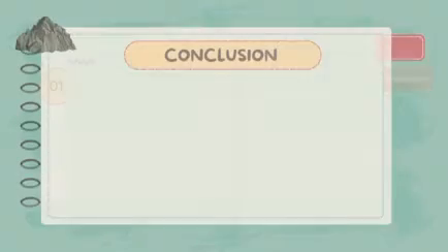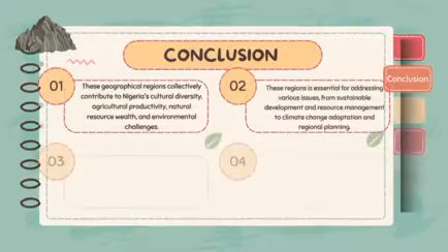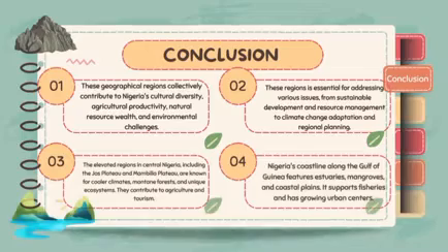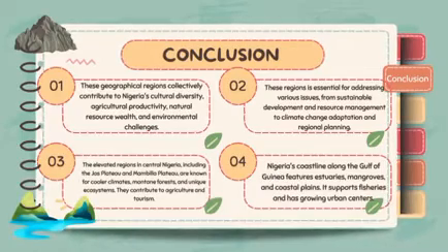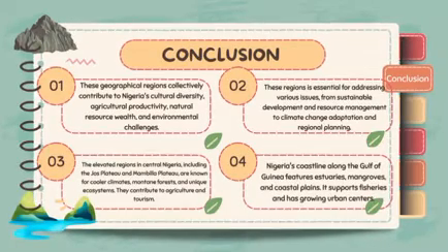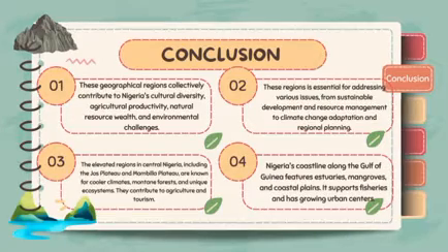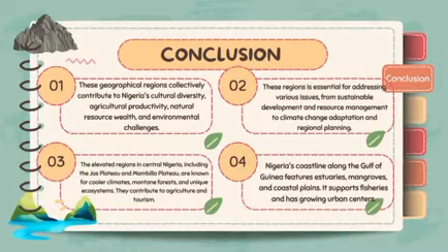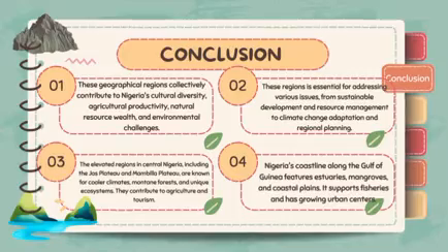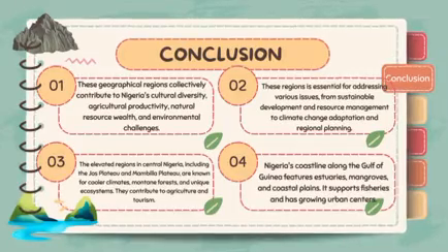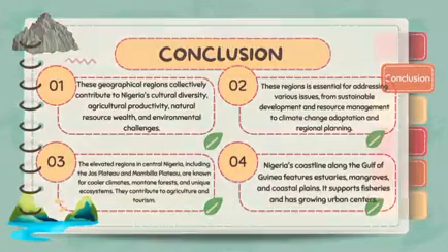Here, in conclusion, we can see that the geographical regions collectively contribute to Nigeria's cultural diversity, and also the Nigerian coastline along the Gulf of Guinea features estuaries, mangroves, coastlines and sub-fisheries, and its contribution to the growth in economy and